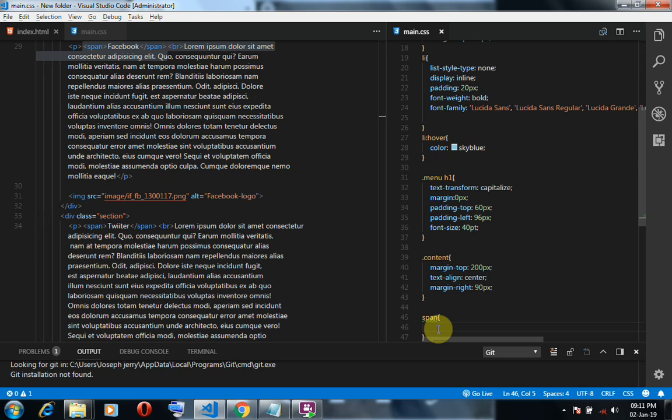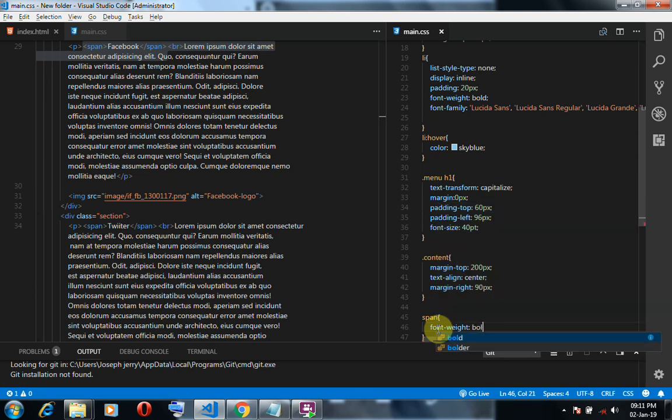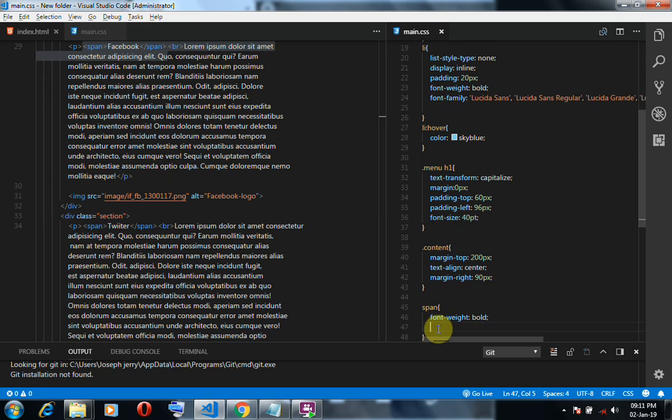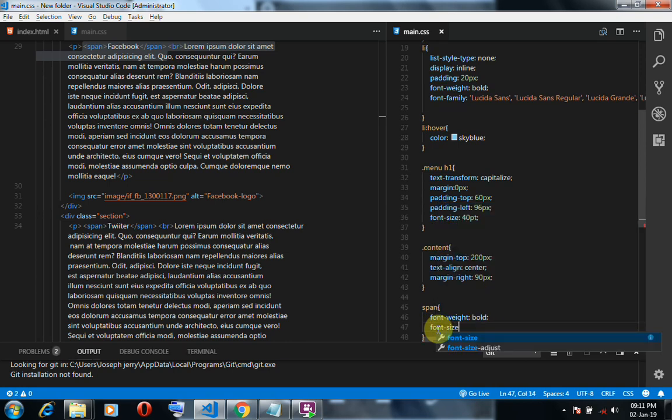Now, inside my span, I want to have a font weight of bold, and I also want to have a font size of 36 points